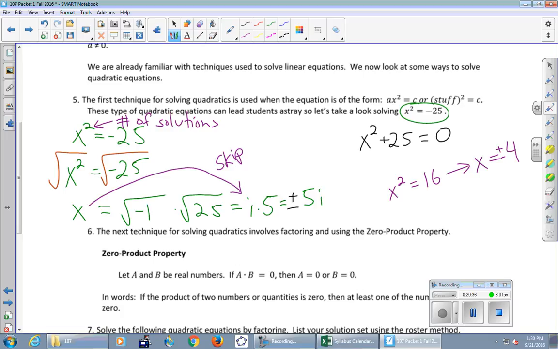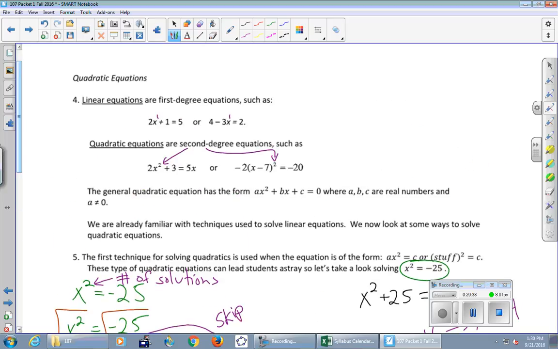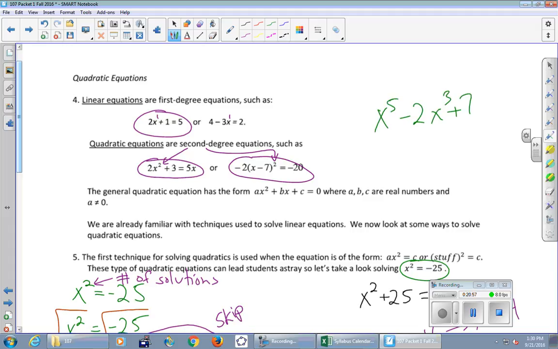So coming up to this guy, how many solutions? 1. You're not going to be surprised when you get only 1 solution. This guy, how many solutions? 2. This guy, how many solutions? 2. X to the 5th minus 2x cubed plus 7x squared plus 4 equals 0. 5 solutions. I have no idea how to find those 5 solutions, but I know for sure there are 5 of them, if only I had a method to get them, right?